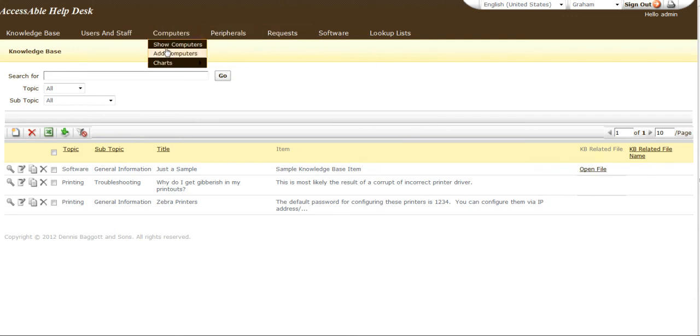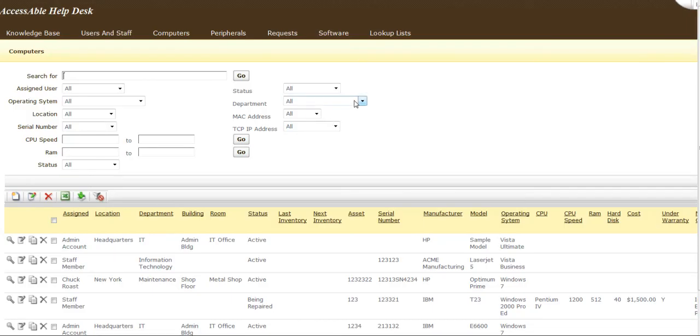Back to computers quickly. I'll just show a little bit more about the filtering options you have there, by department, status, MAC, and